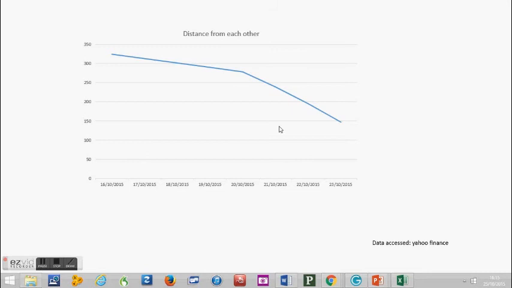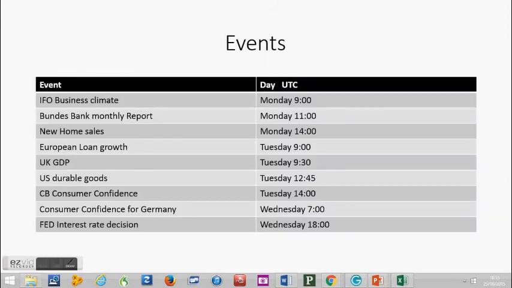And so let's turn to our forward looking, what's coming up this week and everything. So on Monday, we have the IFO Business Climate Germany release. This is out Monday, 9 o'clock, UTC time. And we also have the Bundesbank monthly report, which reviews the lending to non-financial